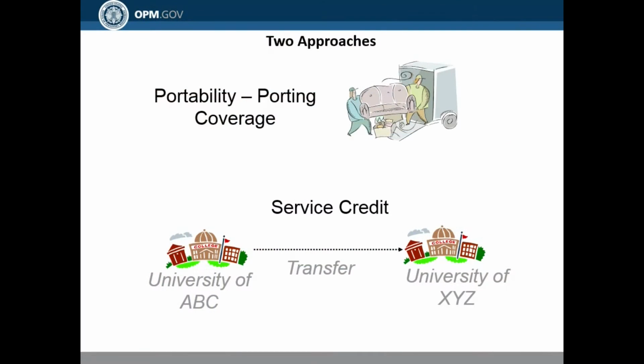So already you can kind of see what the complication is. Now, as I mentioned, there are 2 different ways that we deal with this service. One of them is portability, or porting coverage. Basically, porting coverage is similar to moving, where you take everything that you have with you. So if you're covered under a NAF plan and then you transfer to a plan that would normally be covered by either civil service or FERS, so it's an appropriated fund plan, the portability thing is that you would take the NAF with you. So you would port the coverage over.